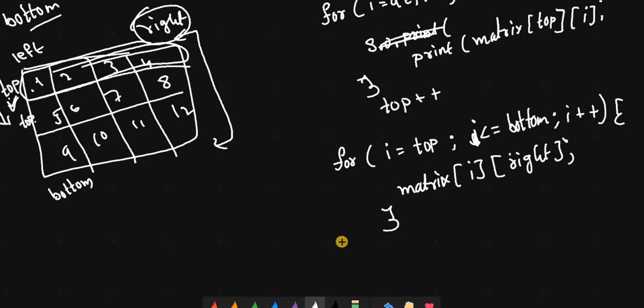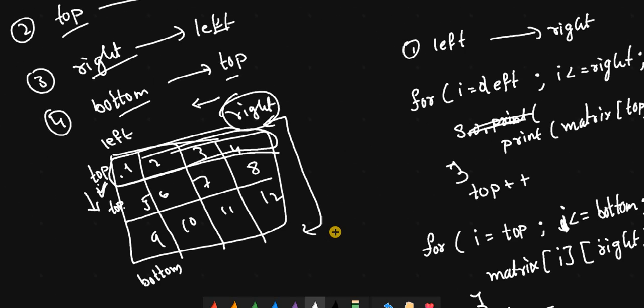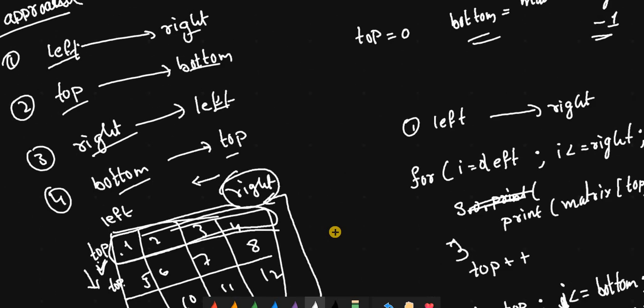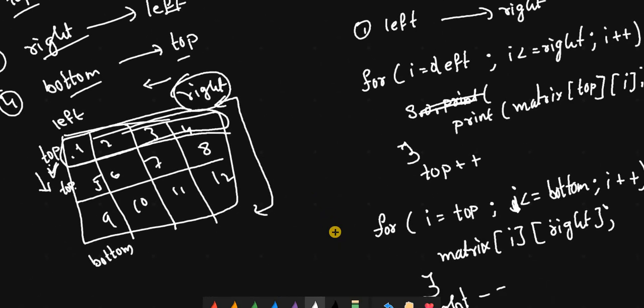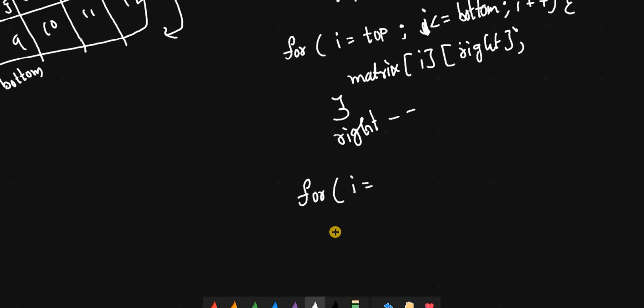After completing the top to bottom iteration, which variable do we have to move? We have to move back. This right variable we have to move this side only. For that, right minus minus. Okay. This second approach is also done. So the third approach is what? Right to left. The iteration will start from right and i greater than or equal to